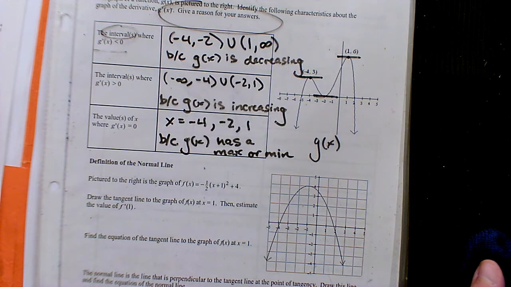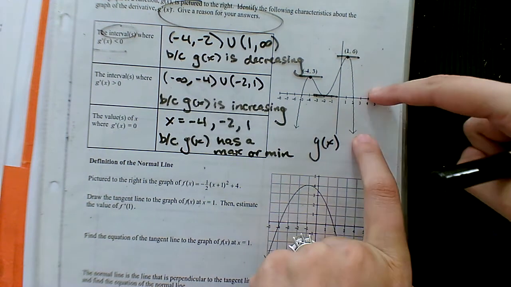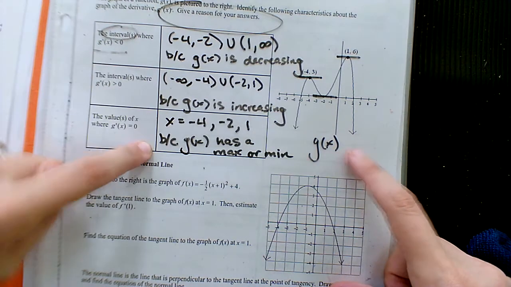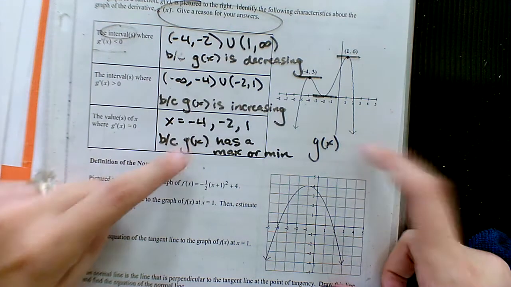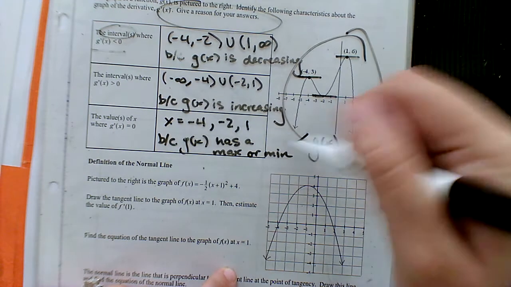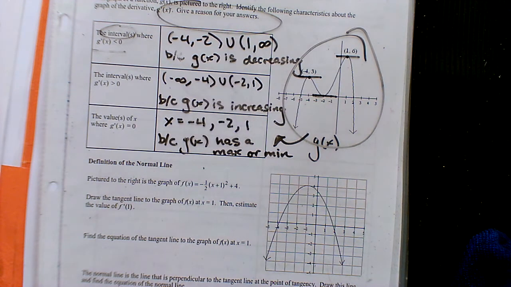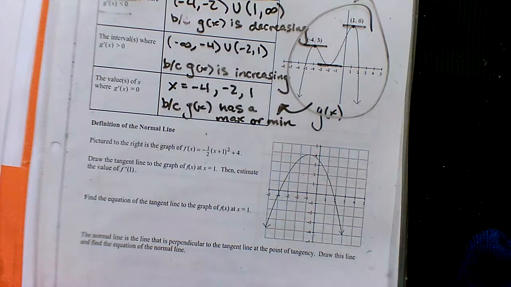So this is bringing up something that we got to get used to in terms of our justifications. Notice how the information they gave us was a g of x graph. So every single justification should state something about the g of x graph. If this is what they give you, you have to use it as your reasoning. So we got to take a look at what we have and use that to help us justify what we can conclude. We'll get to an example on the back where this is a derivative graph, but before we get there,